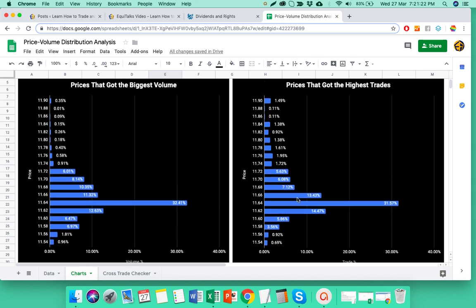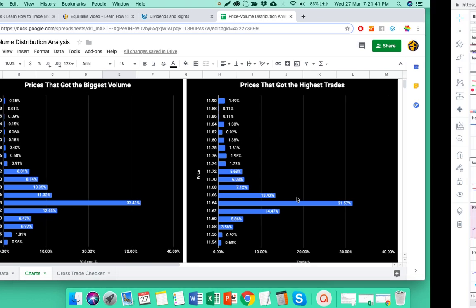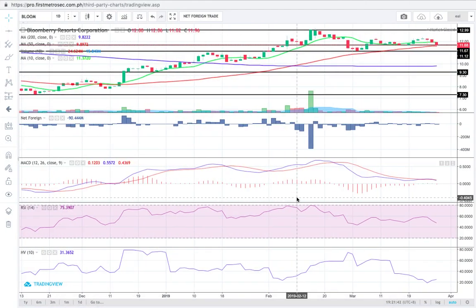Now, the range that got the highest number of trades is between 11.60 all the way to 11.72. It's almost the same. So that range is closer to the intraday low than to the intraday high. So therefore, that makes me assign a bearish overall sentiment